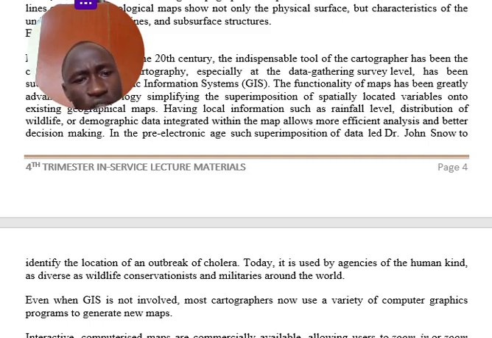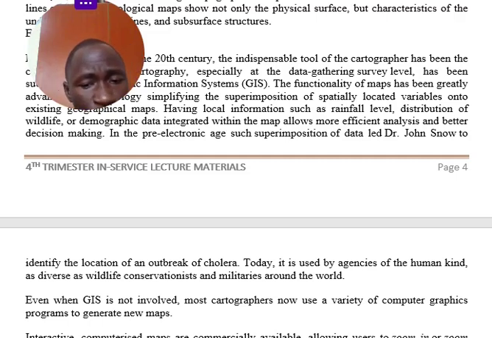After studying the location, he was able to map the areas that were affected by cholera. Today it is used by different agencies of humankind as a tool for wildlife conservation,